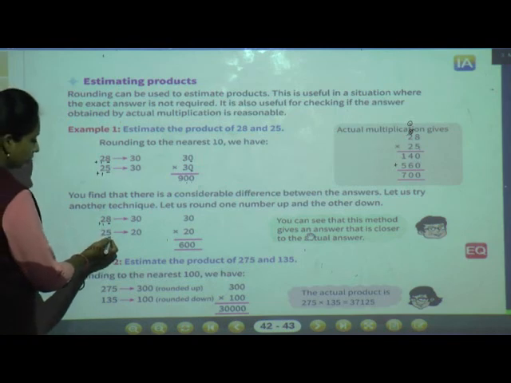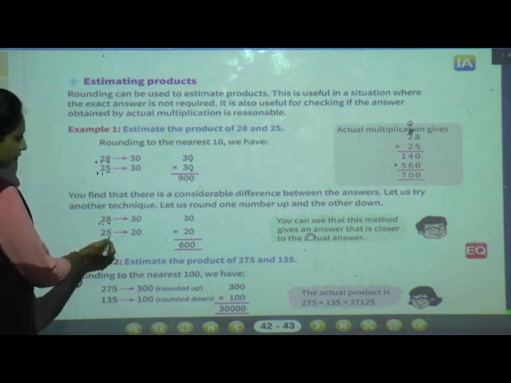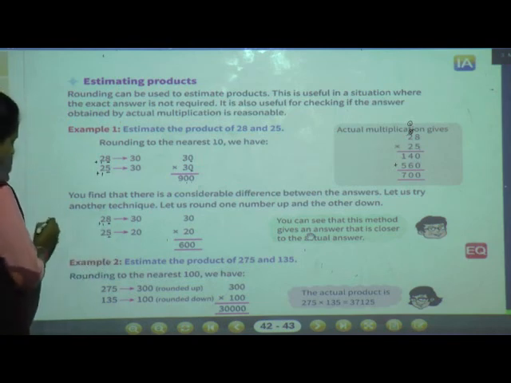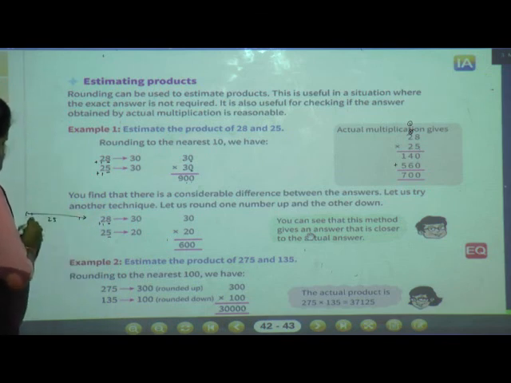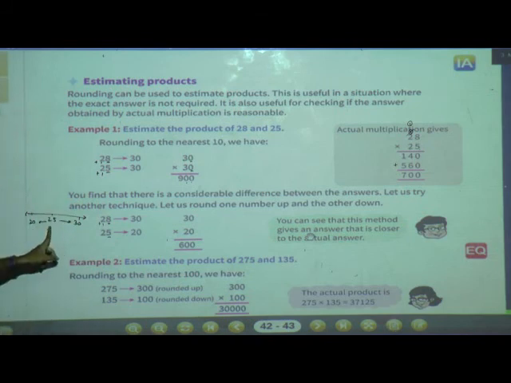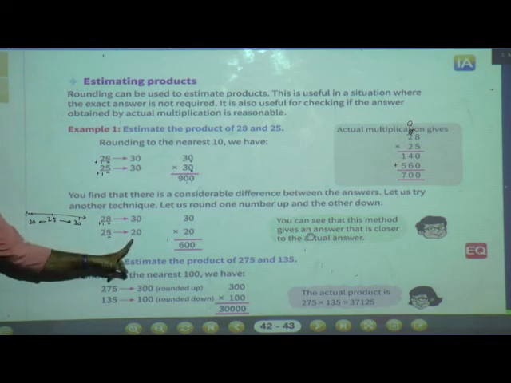So what I'll do here, in the multiplication, what will come? See, 25 lies between 20 and 30. This is down and this is up, isn't it? Now 25 came between, so as per the rule we should go to 30. But here we have decided one number we will go down. So what I'll do? I'll take 20 here.